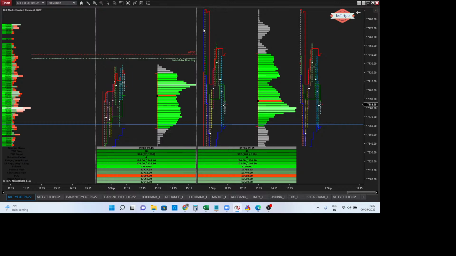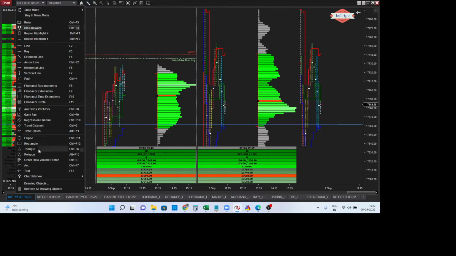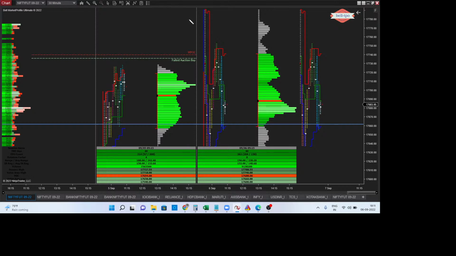But then within a very short span of time, within half an hour, we had seen a very fast pullback. And right from the start of the day, the price started breaking down. That means within the first 5 minutes, the top has been made and price started sliding down.